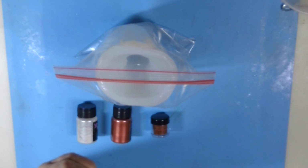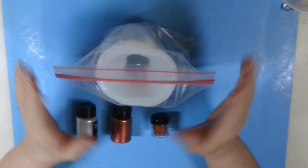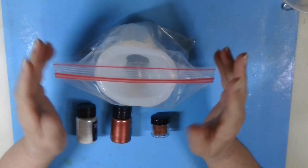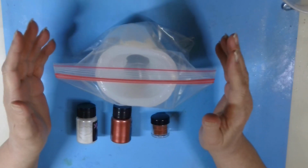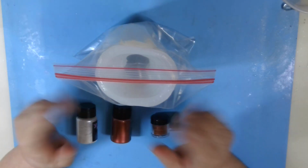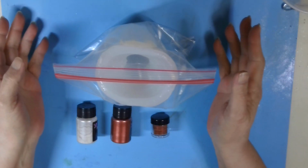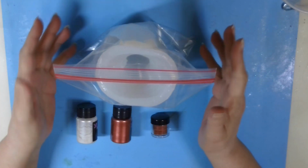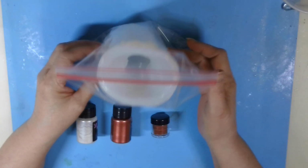So, that's what we're doing with this one today. We're doing the dump method. That is why it's in a bag. Last time, remember, if you saw that video, it went poof. Well, I decided I don't want that much of a cleanup job again. So, what we're going to do is where the crystal ball is down here,